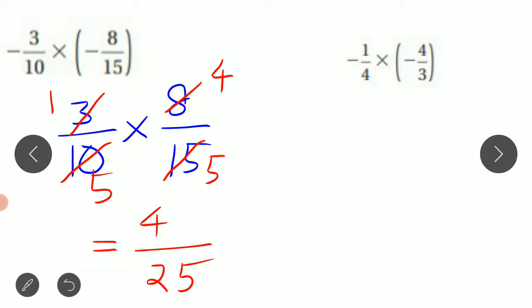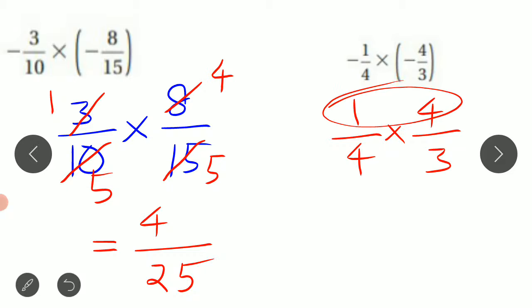Here again we have two rational numbers and we are multiplying. And here also first let's multiply the sign. Minus into minus is plus. So the next step becomes 1 by 4 multiplied by 4 by 3. Next, you need to see whether there is any pair, that is numerator and denominator, not numerator to numerator, not denominator to denominator. One numerator, one denominator. See now, these two have common factor 4, so let's divide these directly.